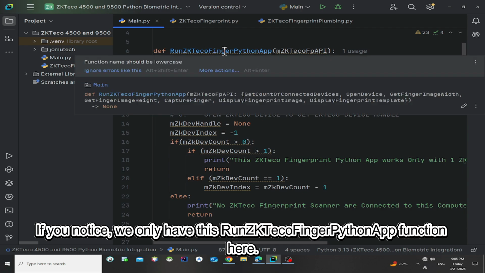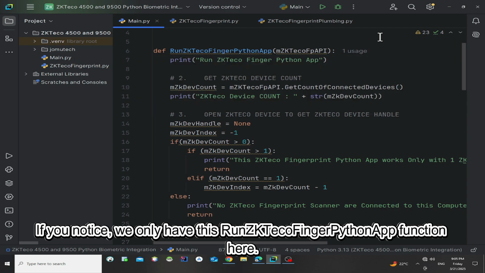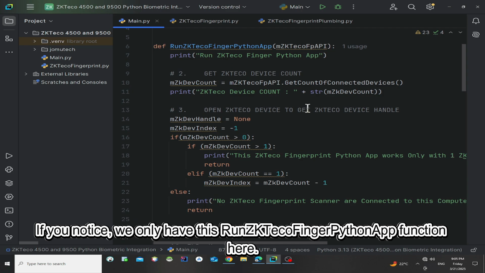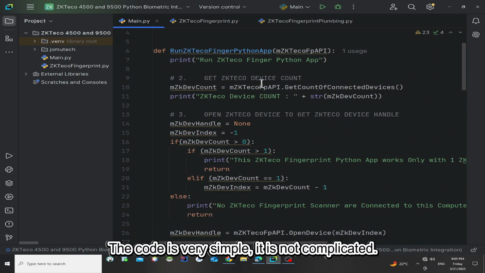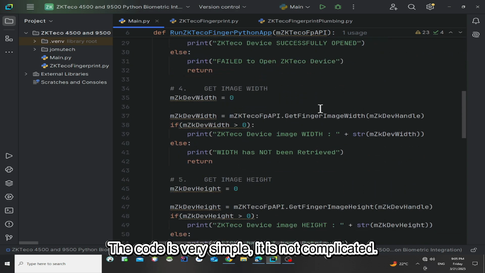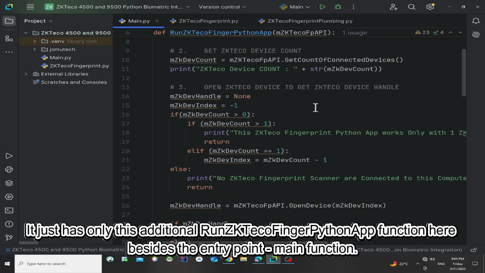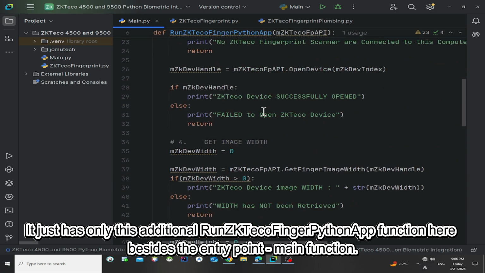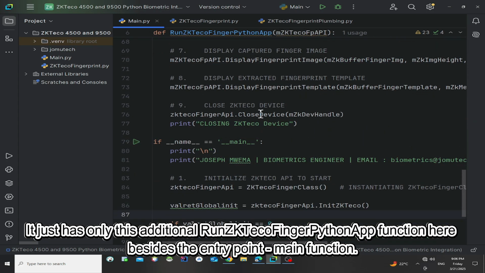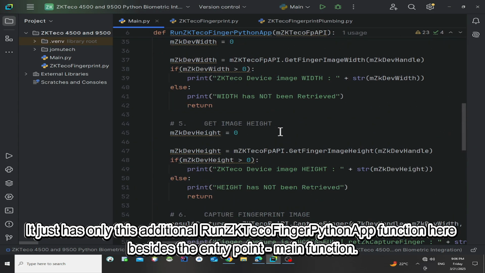If you noticed, we only have this function here. The code is very simple, it is not complicated, it just has only this additional function here besides the entry point, besides the main function.